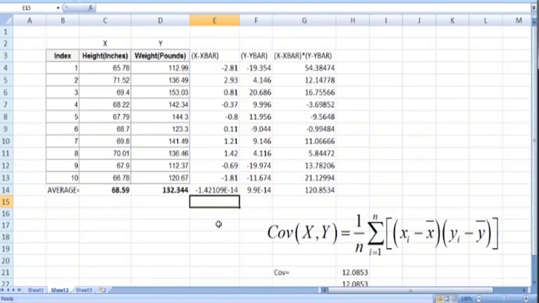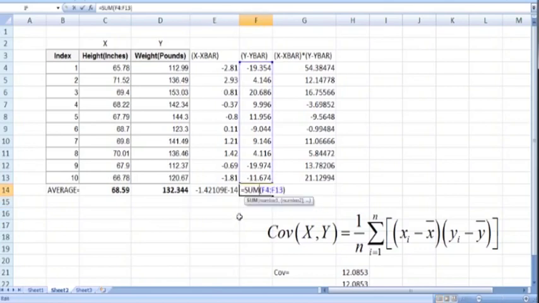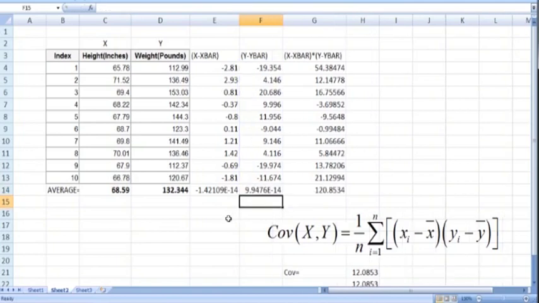E minus 14 means 0.00 and so on, it is 0 up to the 13th digit. So actually it is approximately equal to 0. Similarly, the sum of y minus y bar is also 0. So this is a checkpoint. If this sum is different from 0, it means you made some mistake, and you need to cross-check your calculations.